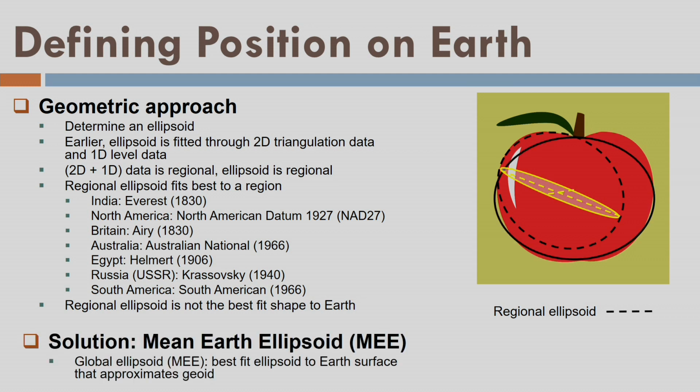So what is desired here? I should fit a global ellipsoid, which should be called the mean Earth ellipsoid. The idea is that this geometric approach should represent, at least approximately, the geoid surface of the Earth. Let us imagine fitting a surface around the surface of the Earth that is a geometric shape, what we call an ellipsoid, but at the same time is very close to the geoid, so that it can fulfill two purposes.